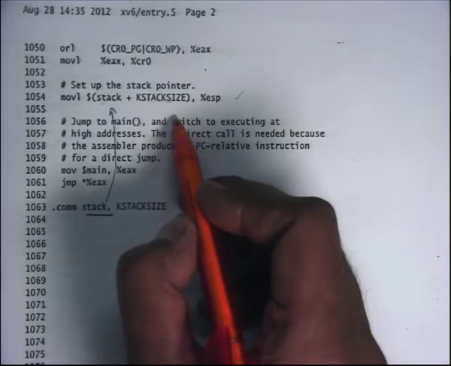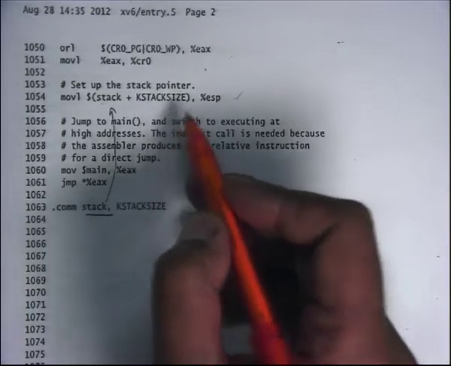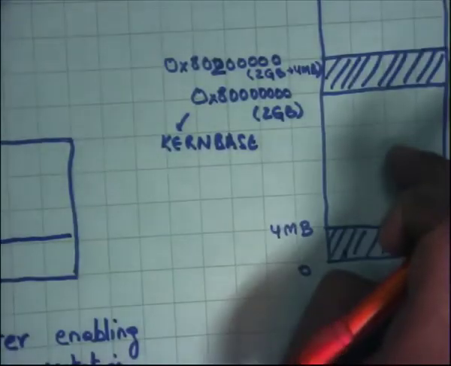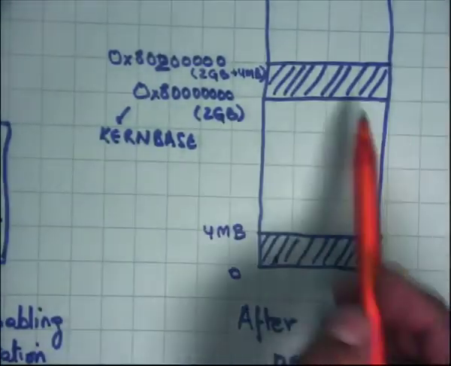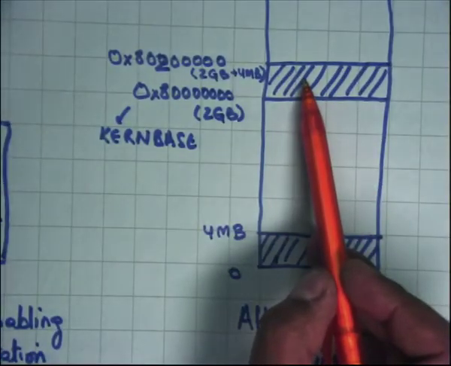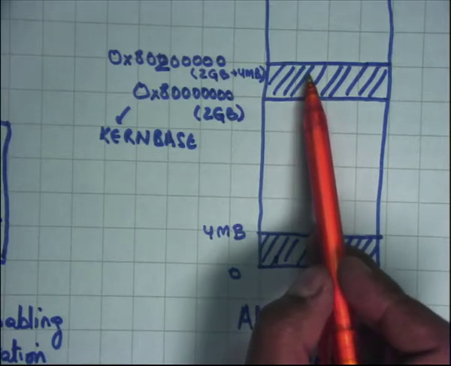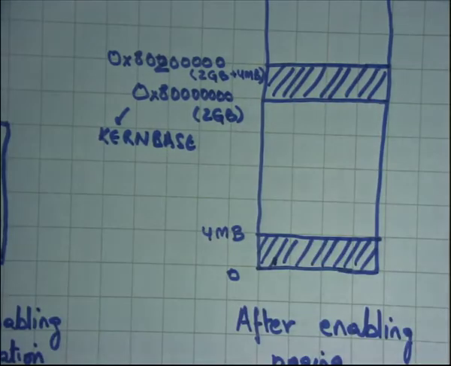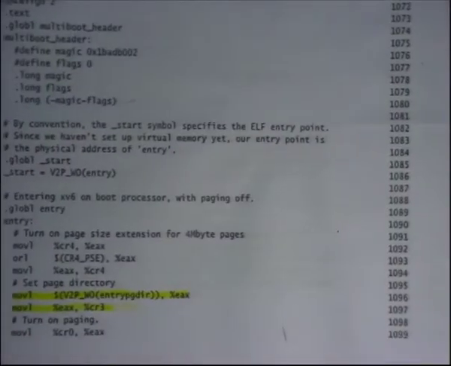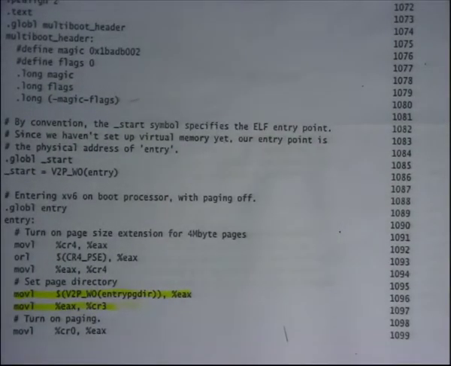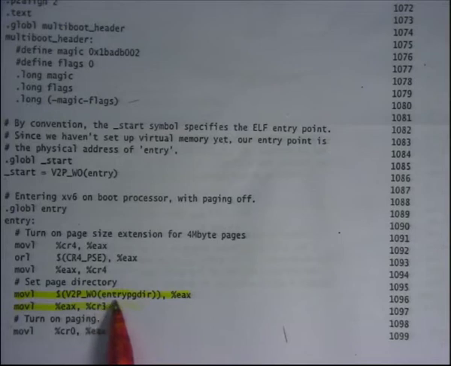I should be able to dereference ESP because I'm operating in this address space, right? In this address space, ESP will be pointing somewhere here, and so when I dereference it, I'll get the right value, right? So notice that I've only started reading the kernel symbols after I enabled paging. Before I enabled paging, this code did not read any kernel symbols, except that one kernel symbol that was read, which was entry page dir,